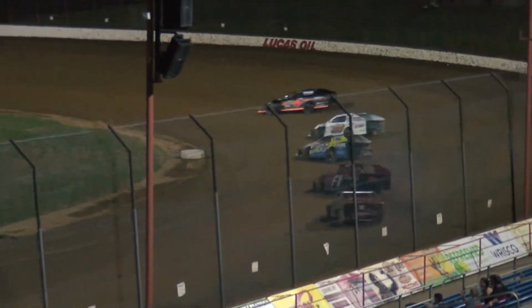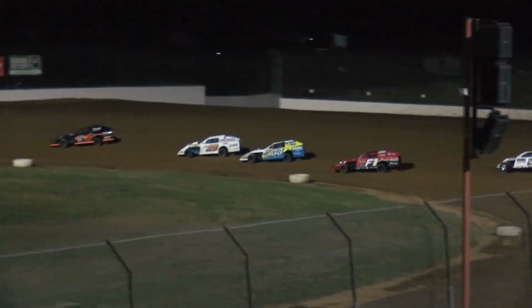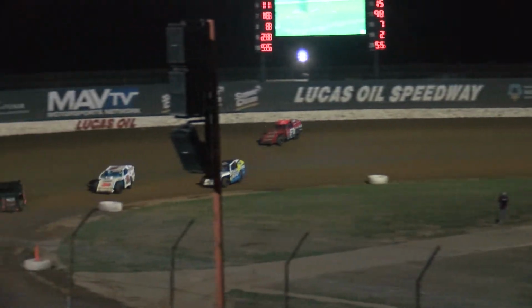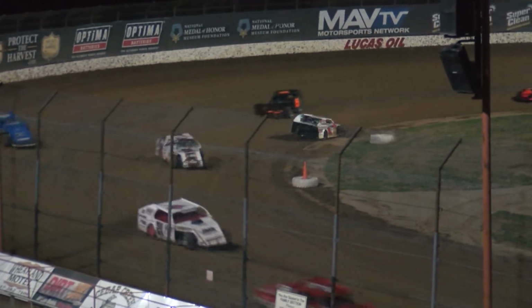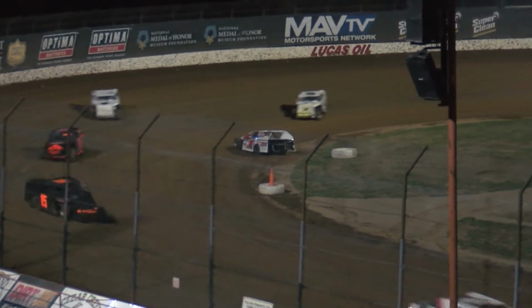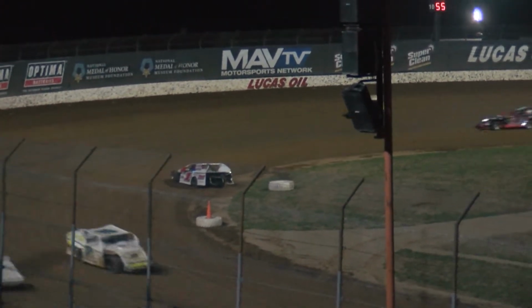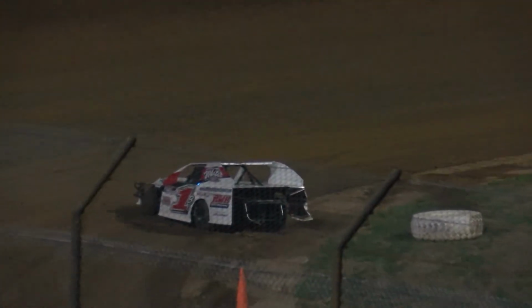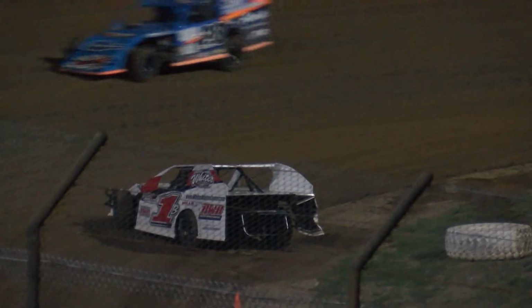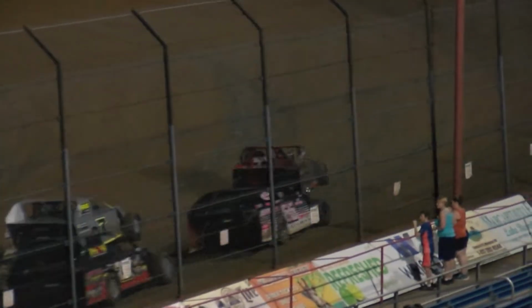It is now 10 spots that J.C. Morton has picked up on the track, and we're just 6 laps into this 20-lap A main as he continues to try and race his way toward the front. Meanwhile, everybody in the top 5 strung out nose to tail. A 1-second advantage for Chris Jackson over the 7 of Terry Schultz, but we are going to have a caution right as Jackson pulls up to the back of the pack and was going to have to start working his way through lap traffic. You normally, Shane, say that there's